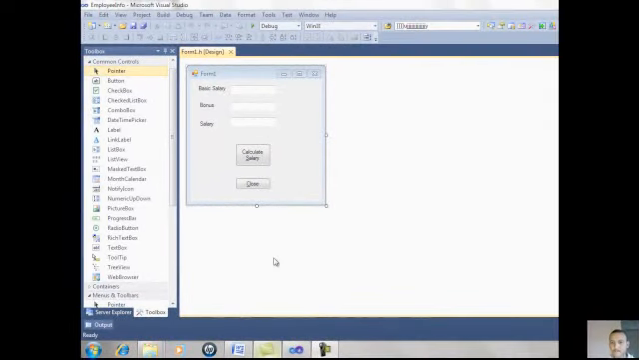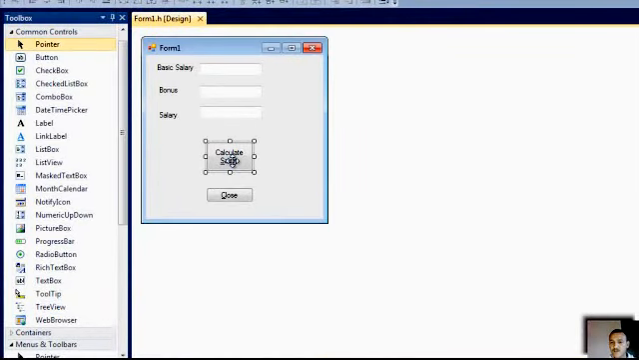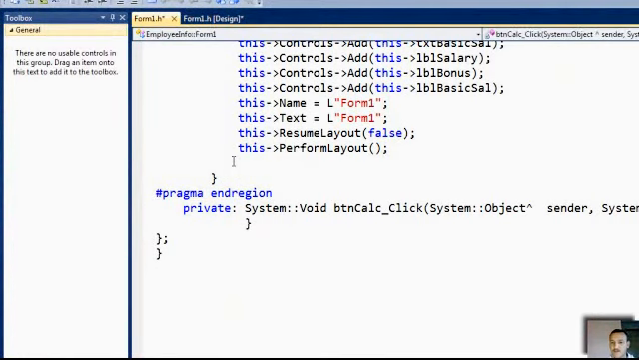So we're going to put up code for the button calculate salary. We're going to click on that button and it takes us to the source code editor, or the code editor. So you're going to type up code as follows: